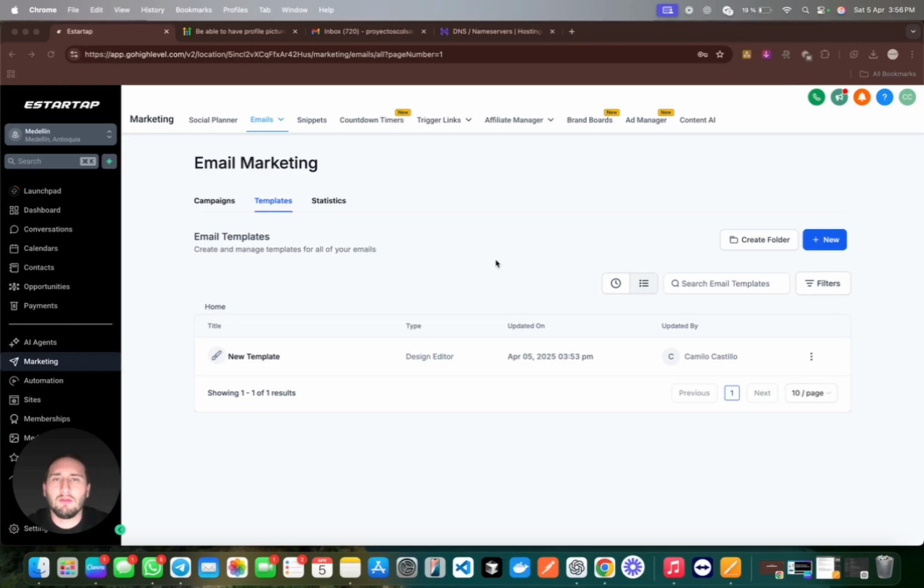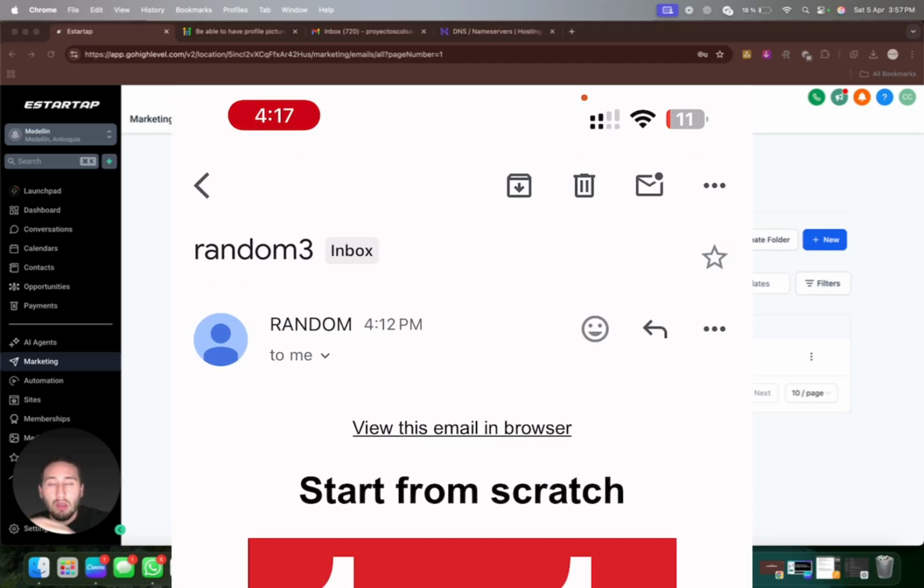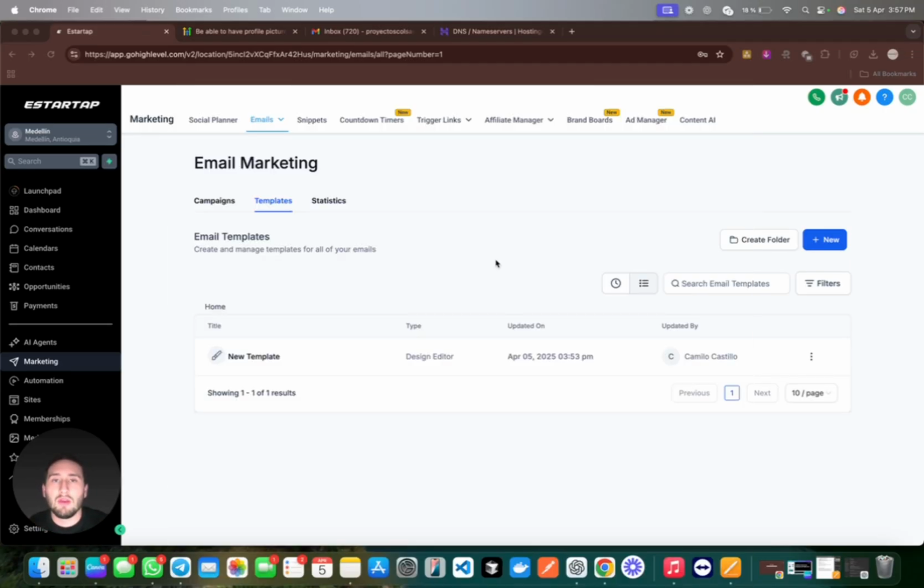Using the email from Go High Level can be tricky because you are not allowed to have a profile picture. So your email campaigns look very scammy, very sketchy, you don't look trustful, and it will be very useful for you to have a profile picture inside your email campaigns. That's why you're here. I'm going to teach you right now how to go from this to this within 5